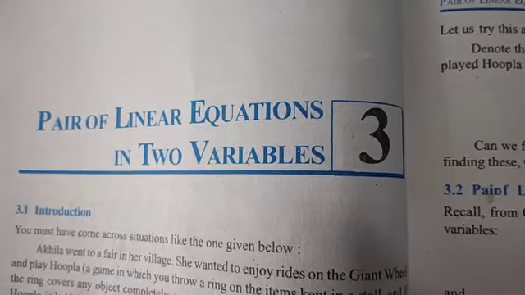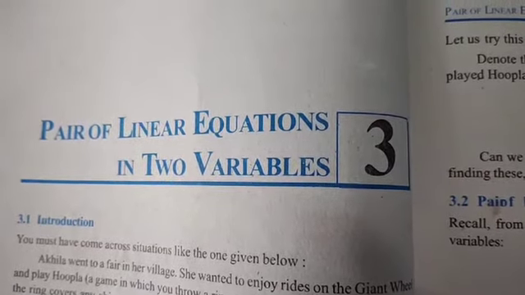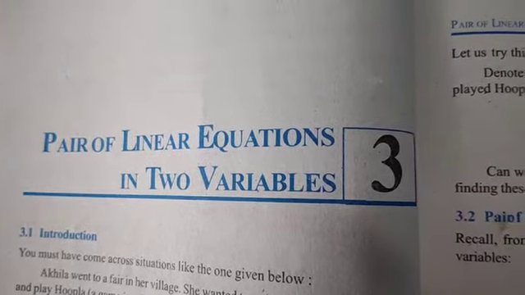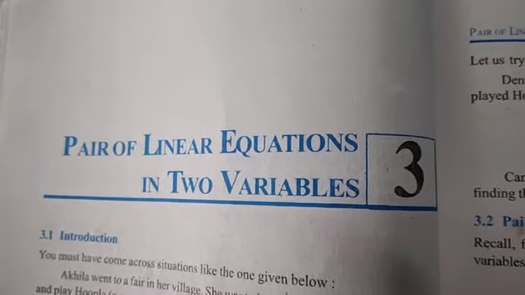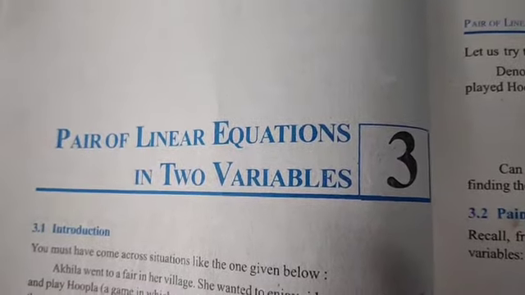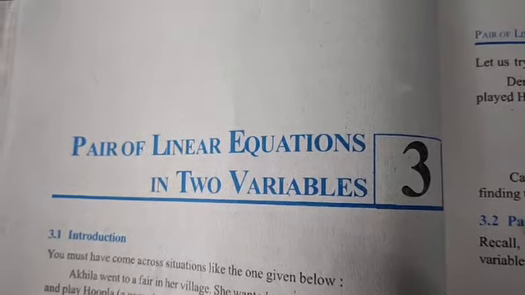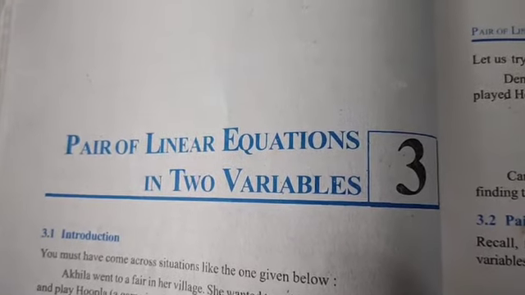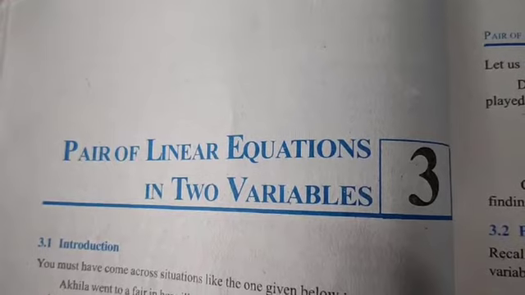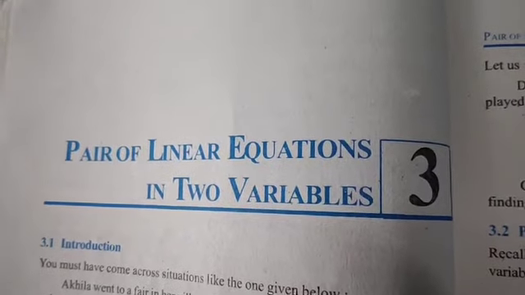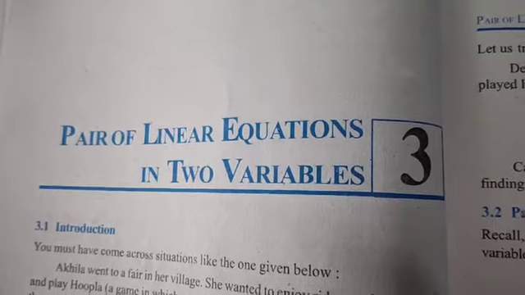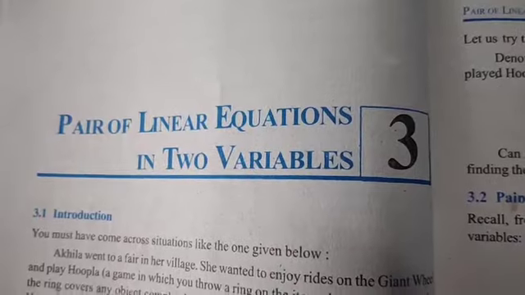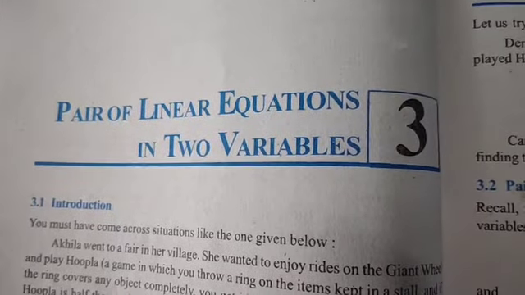Good morning, children. In a previous video, I had started with the linear pair of equations in two variables, in which I gave you an idea about the general form of linear equation. Do you remember? I also explained that linear stands for a straight line. So if you draw the graph of these equations, you will always get a straight line. And the situation of the graph also I have explained. If you recollect that, the lines may intersect, the lines may be parallel, the lines may coincide.